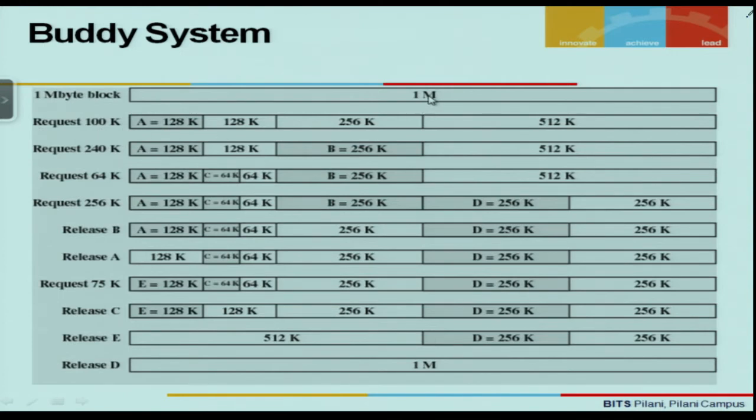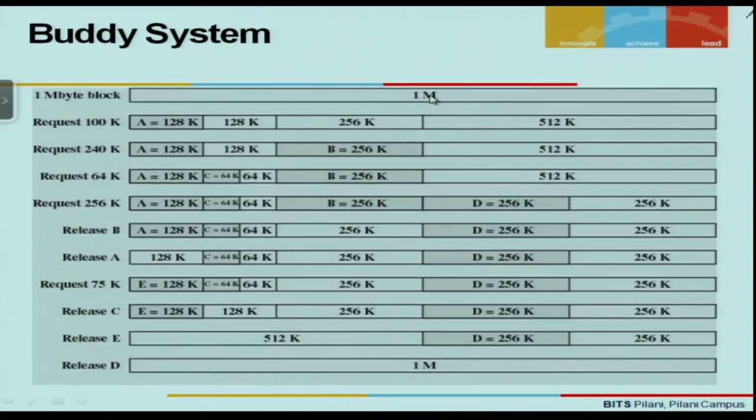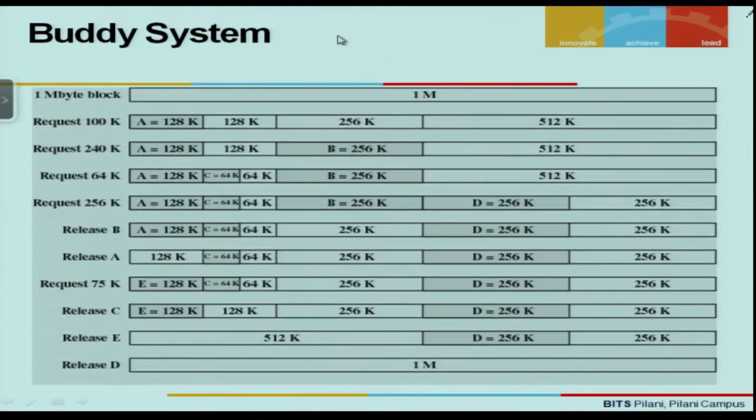So we try to compute, our S being 100K, whether S is greater than 2 to the power U minus 1.